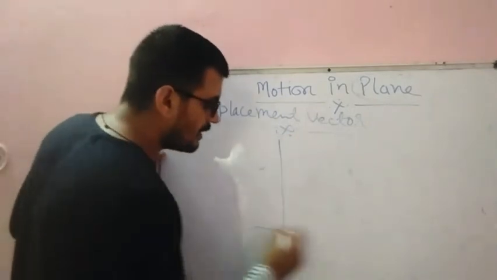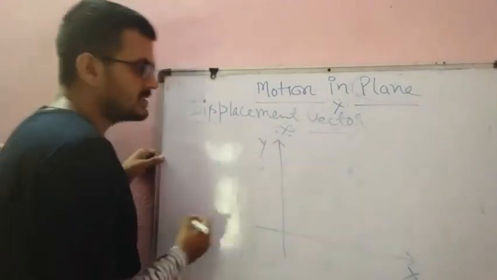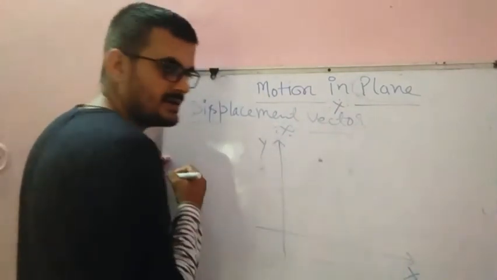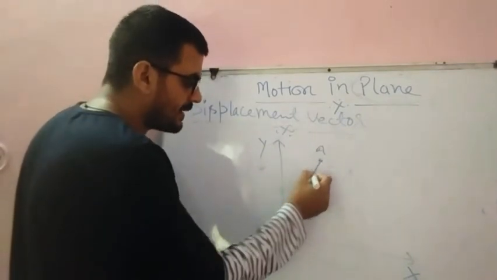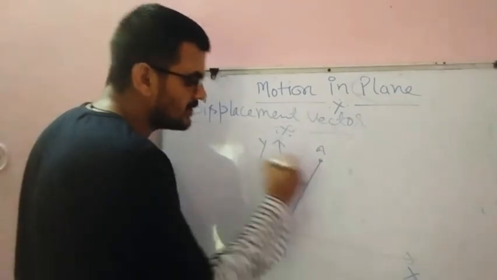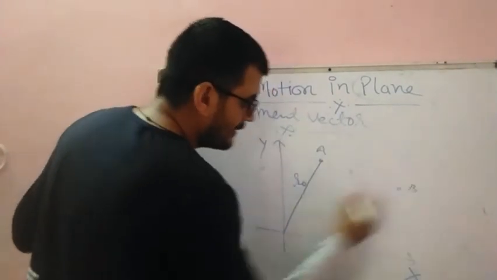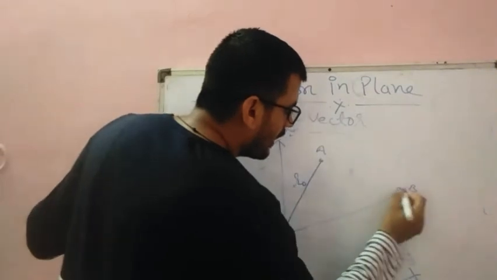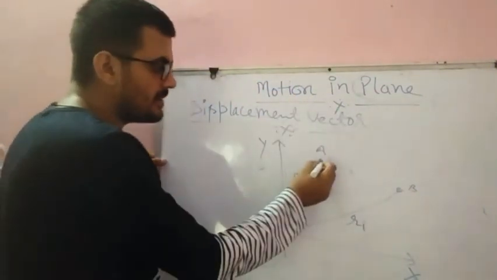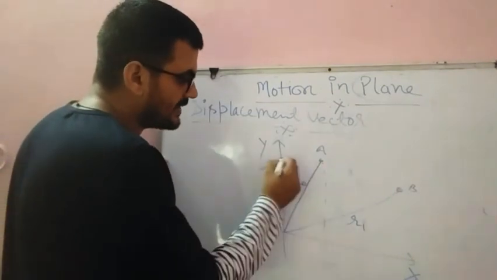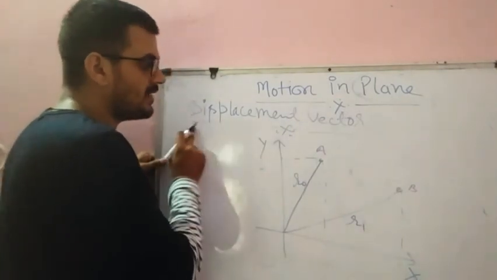How? Again we will take xy plane. This is y axis, this is x axis. Suppose body is initially at this point, at A. So how we will represent it? We will represent it by a position vector r0. Okay. Finally body is at point B. Let this one is r1. Okay. r0 means आप इसके corresponding ये position और ये position देखेंगे और इसके corresponding ये position और ये position देखेंगे. Now we have to find out the displacement vector.